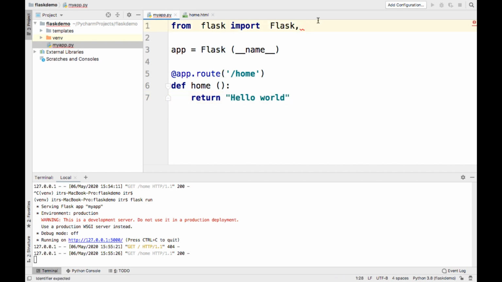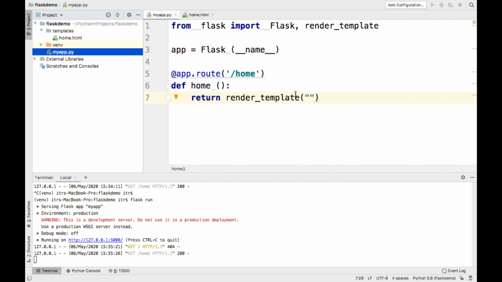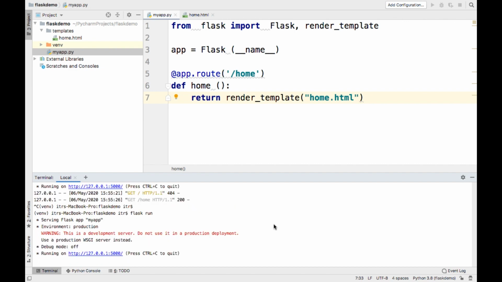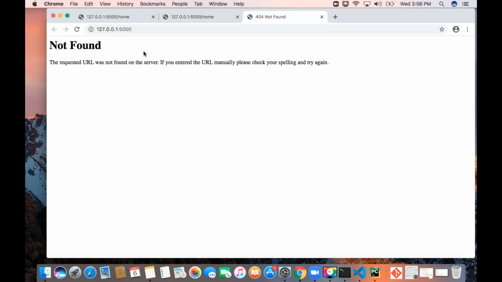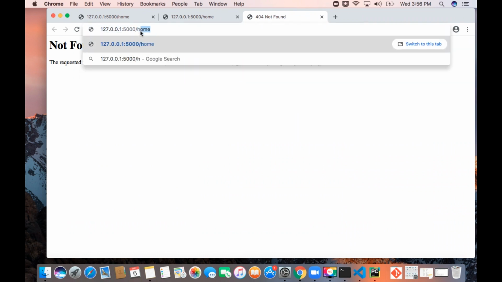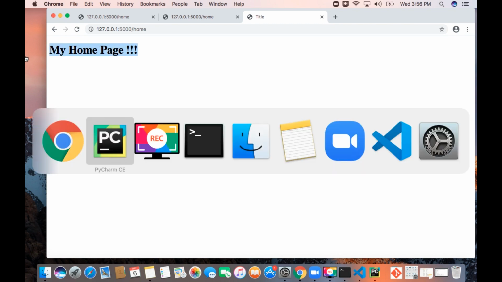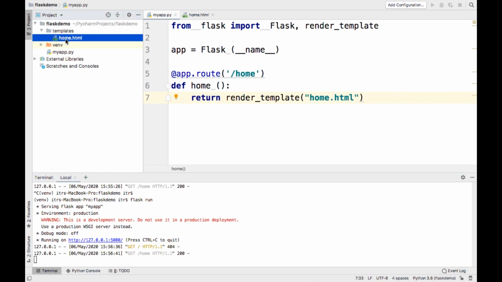Here we need to import render_template, and render_template provides the template we want to render. So I want to render the template home.html. Now save it, Ctrl C, run it. So /home means we'll get my home page from this particular HTML.